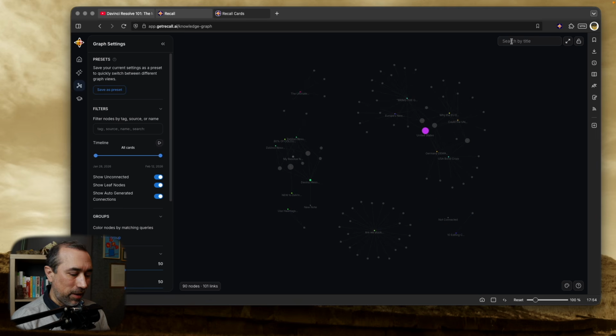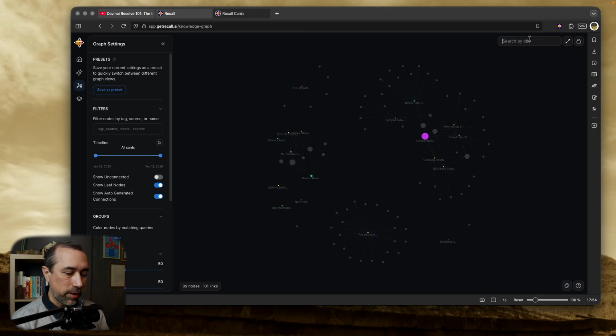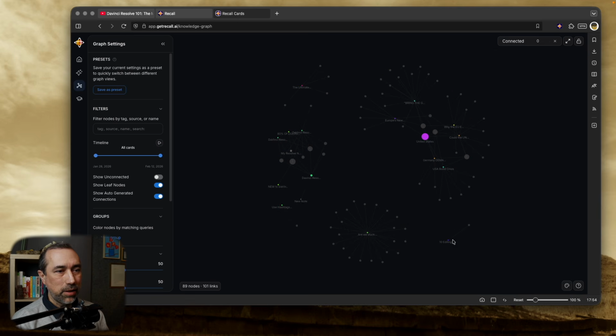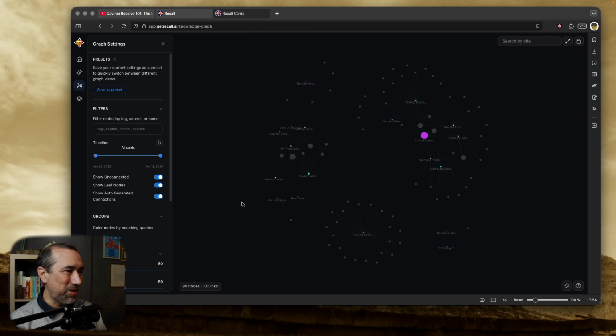And if you search, it's going to highlight it here. There's another one with connect here, connected. But if we have this off, of course, you're not going to see that node. See, it's not there. Okay, let me show you other settings here, and then you should go watch that other